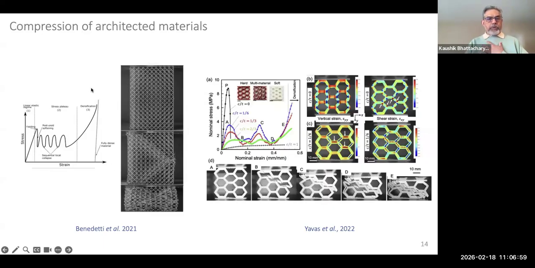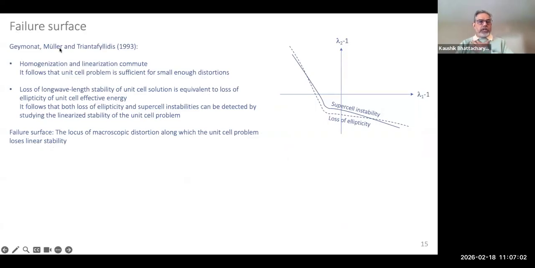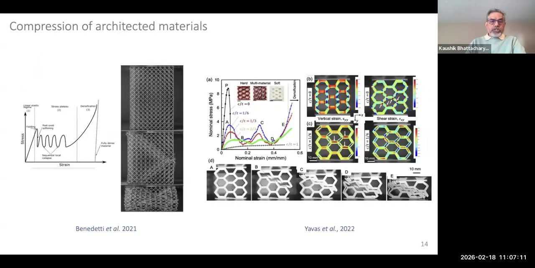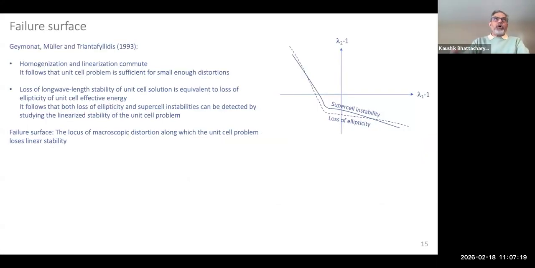And there's a remarkable work by Nick Triantafylidis along with Gimona and Mueller, and it says that homogenization and linearization commute. What that means is that if you have small enough deformation, you could use a single unit cell, and it's only at large loads that you might have buckling. And therefore, that leads to this notion of a failure surface, or a first failure surface, in these materials. It says, hey, listen, look at the unit cell, look at its behavior. At some load, you would get